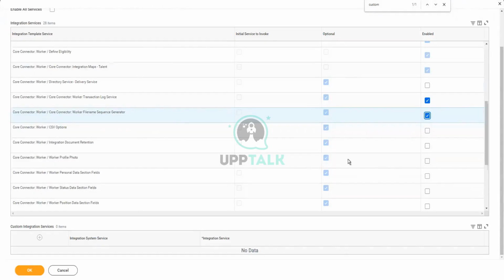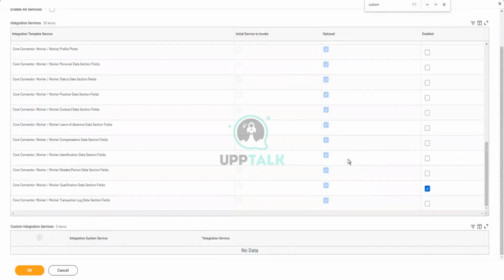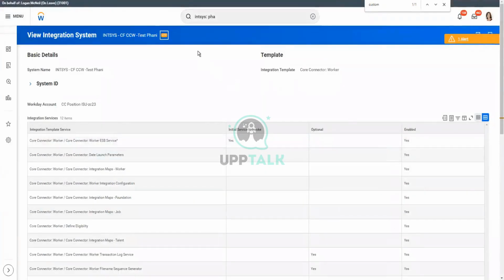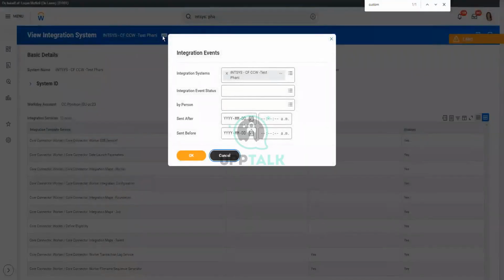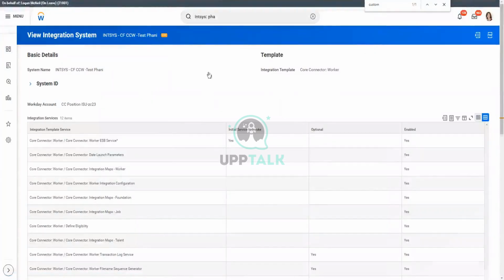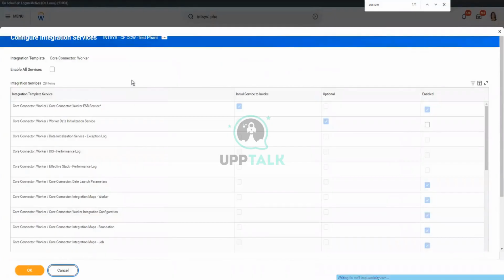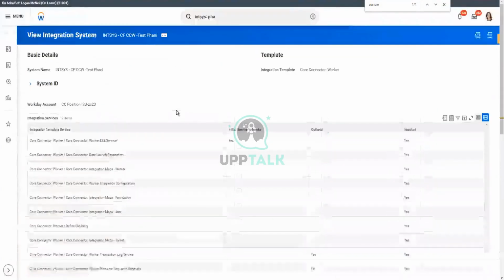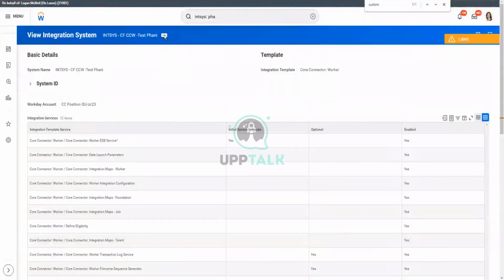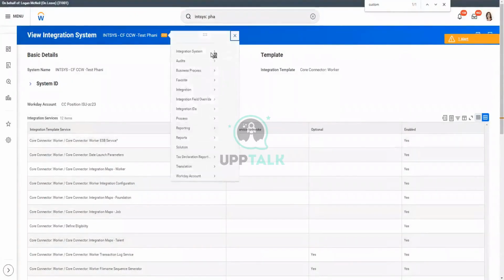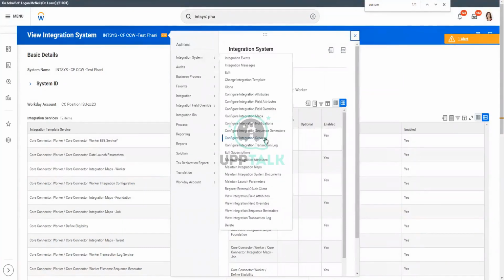Worker transaction logs was enabled as well. That's good. Enable this as well. If I go to service,